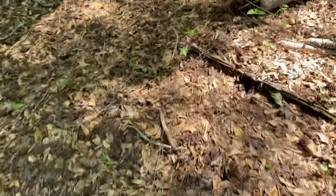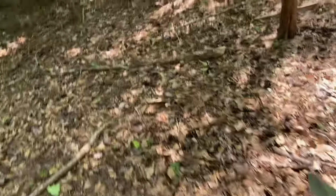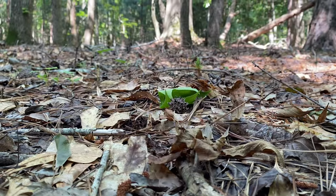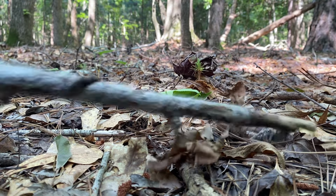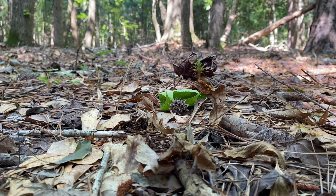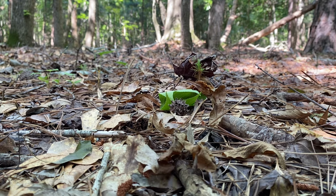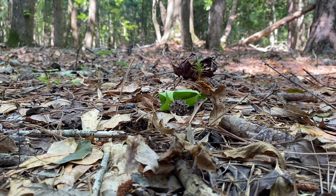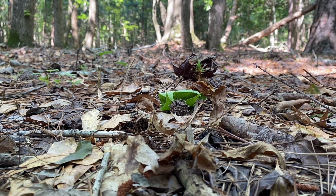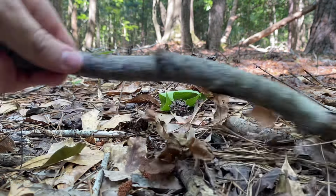There's no blade play, so I think it is a full tang. That's what my dad said. So let's see if we can find any sticks to sharpen. All right, this seems good enough. So it's not the best sharpener, at least for sticks. I mean, it's doing the job, but again, it's more my fault. I abuse the crap out of this edge. But let's try an end that hasn't been like...